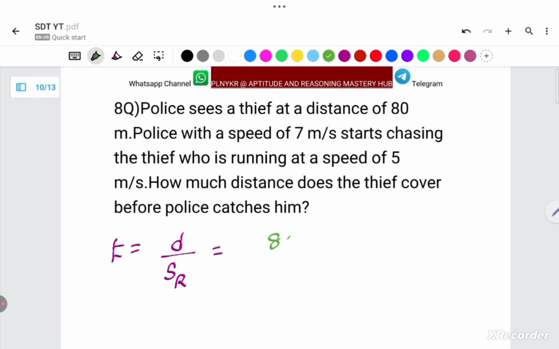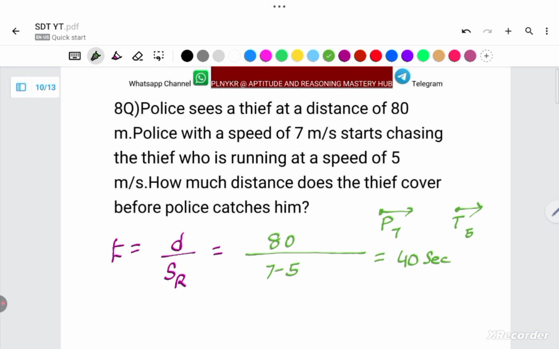The distance is 80 meters, by the relative speed. For example, a thief is moving in this direction, and the police are also moving in the same direction to catch the thief, whereas the thief was traveling with a speed of 5 meters per second, and the police 7 meters. So the relative speed will be 7 minus 5, that means 80 by 2, which is 40. After 40 seconds they will be able to catch